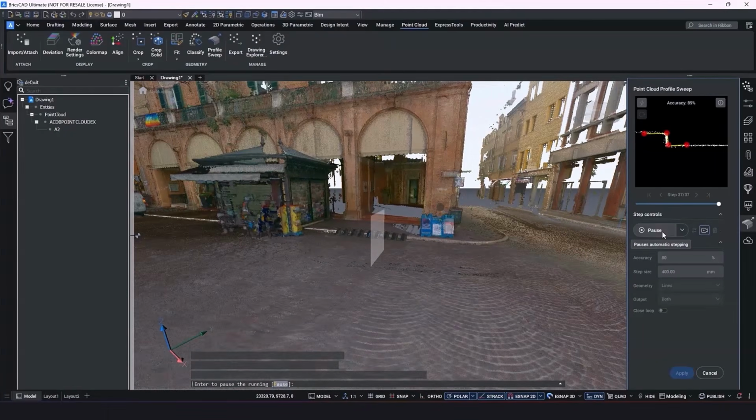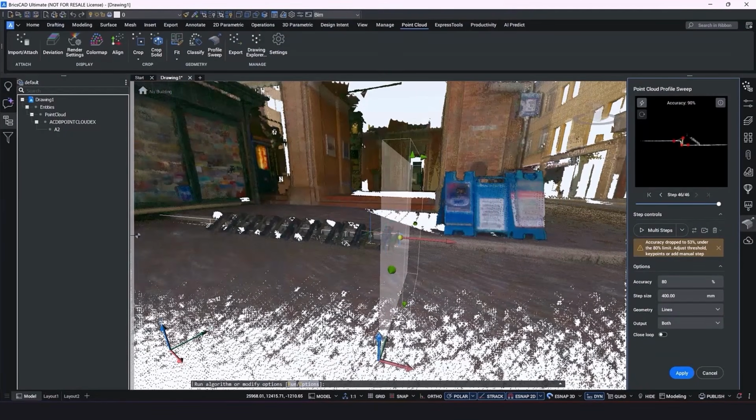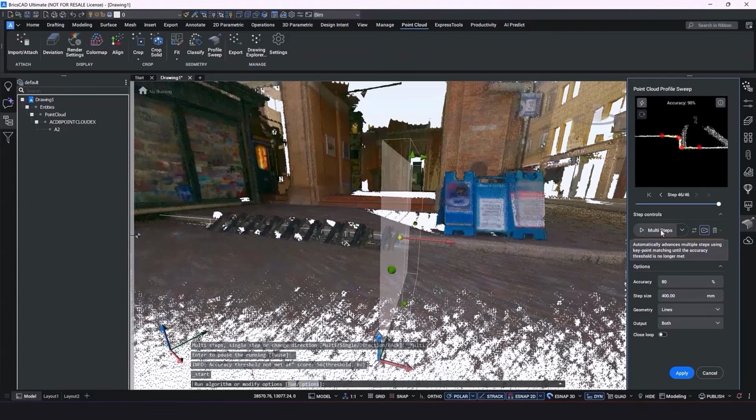And again, it goes on. Now, it's got to this little bicycle stand over there, and that doesn't work properly. So what we need to do is just change that. Okay, and hit multi-steps again. Oh, it doesn't want to do it.